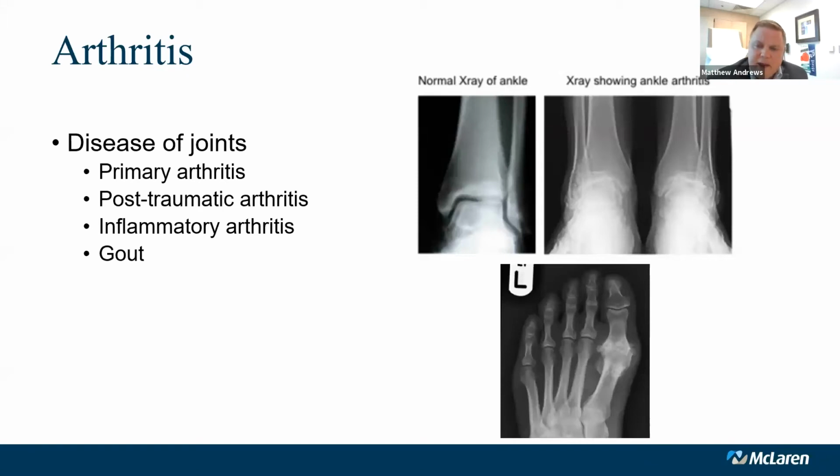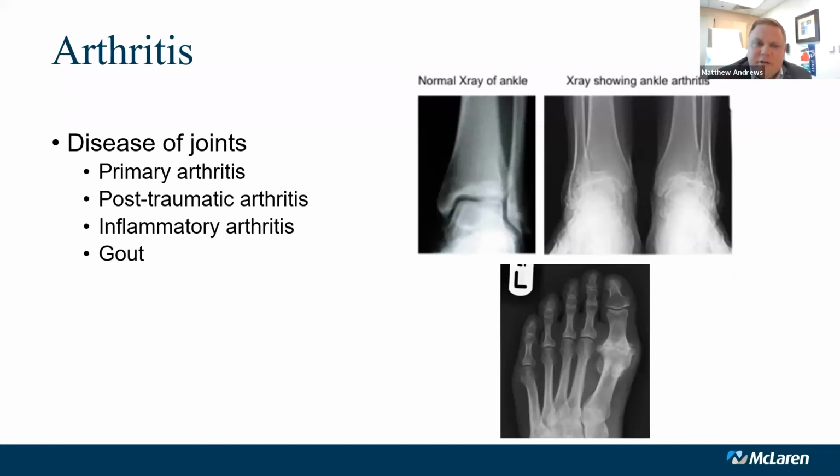About 80% of gout attacks within the body will affect the big toe joint, and about another 10 to 15% will affect the ankle. Gout can really attack any joint within the body, and I'll see patients that have gout flares of the hands, even like small joints within like the ear or the face. You can get gout involvement. That's just a terrible thing to deal with. But thankfully, we've got a lot of newer treatments to help really mitigate severe gout. So we'll talk a little bit about joint disease here first.